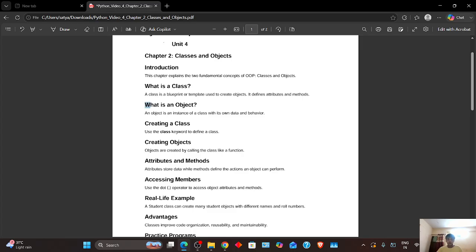So next one is, what is an object? An object is an instance of a class with its own data and behavior. That means an object is an instance of a class. Objects are created using the class. For example, like